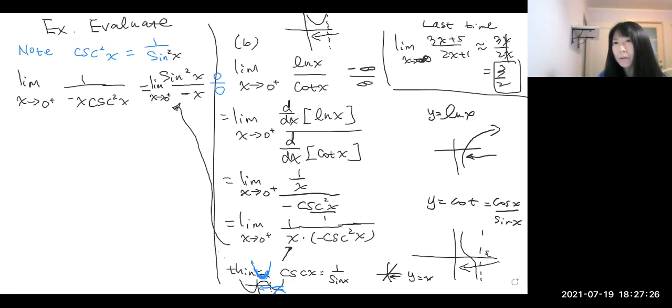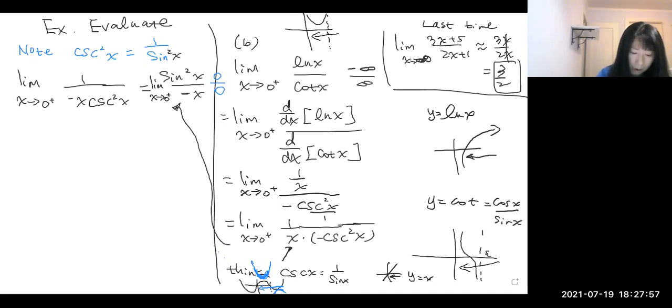If we get a nice number, 0 or any number, or positive infinity, negative infinity, then we don't say that it's an indeterminate form, right? So we say the indeterminate forms are 0 over 0, or infinity over infinity, or infinity to the 0 power, 0 to the infinity power, 1 to the infinity. So I wrote down the list earlier, right? So here